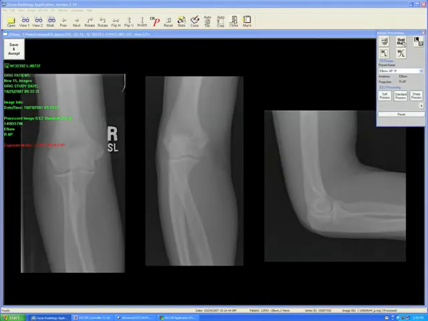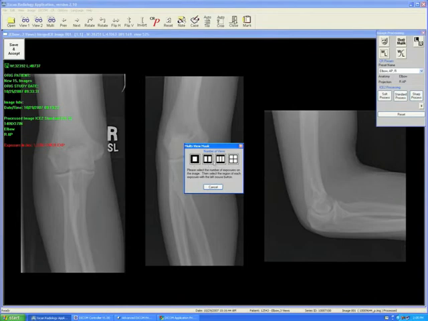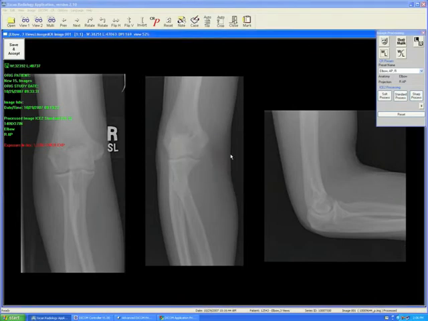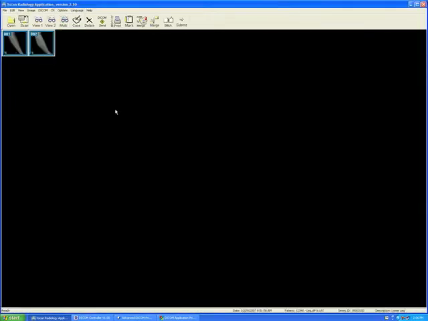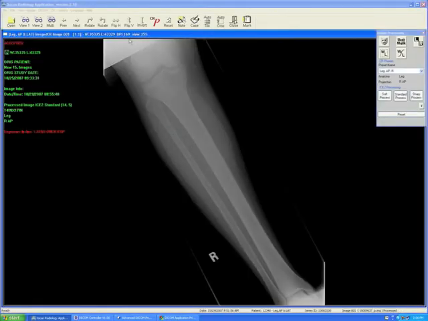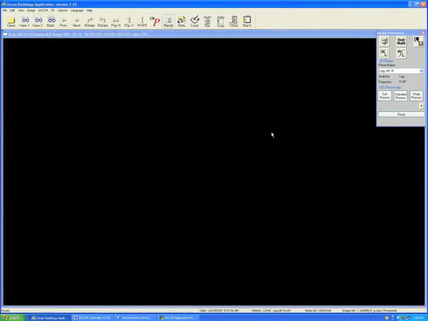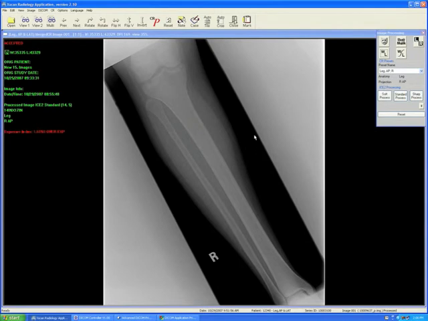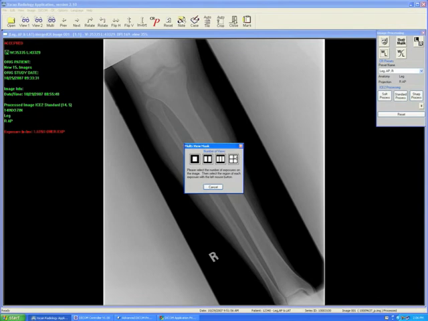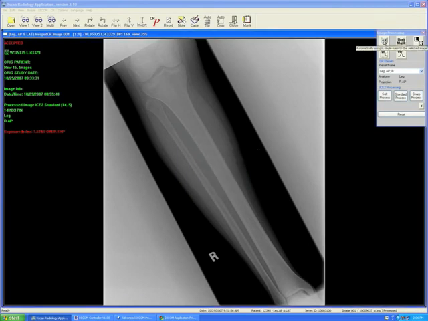Now, this is a good masking tool, but it only does squares and rectangles. So what do we do when we have a scenario such as the leg? It's very common to x-ray a leg on a 14x17 diagonally across the cassette. But when I reset this back to the original, you see the borders of collimation in this leg, and you will note that this mask will not be effective on this leg because I can only mask this in squares or rectangles. Well, the software gives us an automatic mask